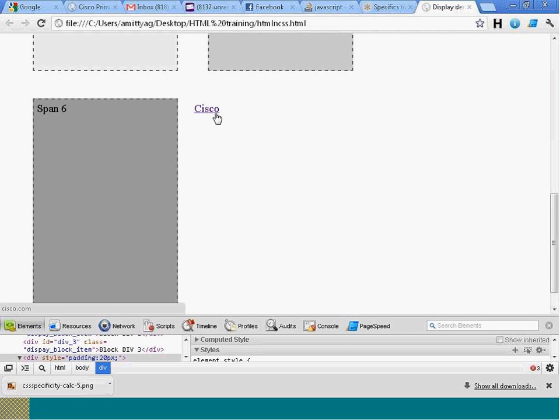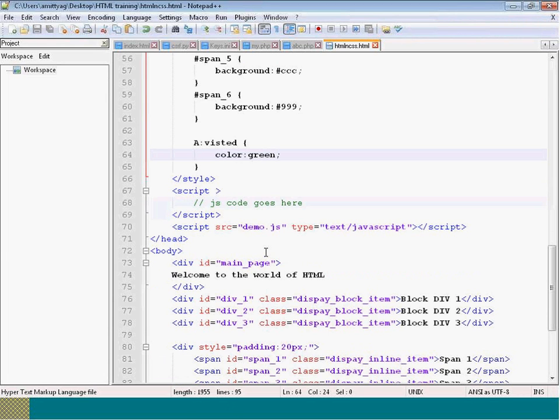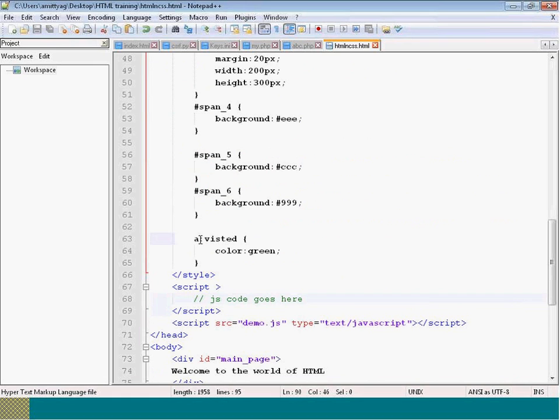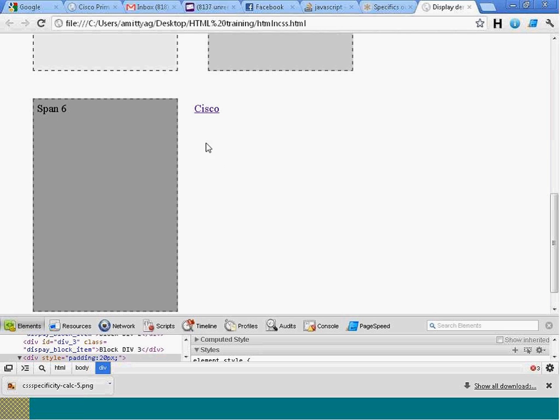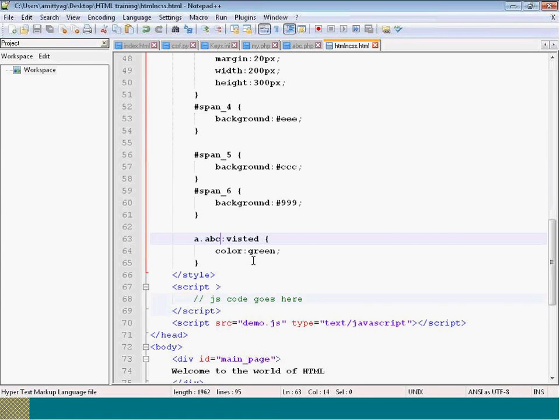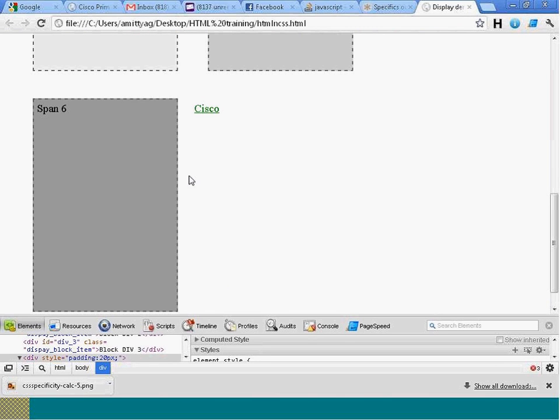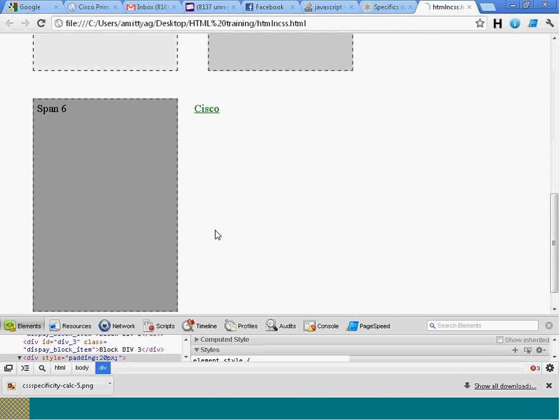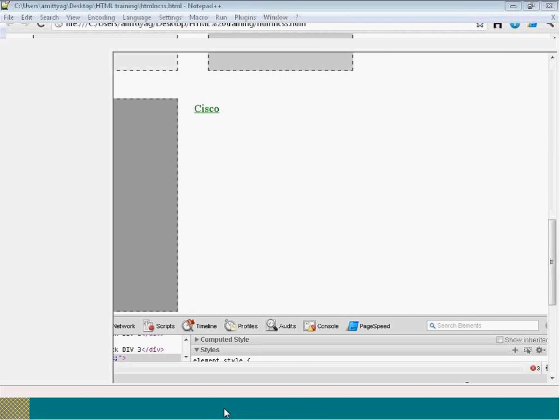But how is it linked? It's linked by default. Let me see. a dot visited. What is the meaning of a? a as in anchor tag. Let's define the class here. Why didn't it work for visited? Go back to a dot. Then add some new link. So this visited is applicable for